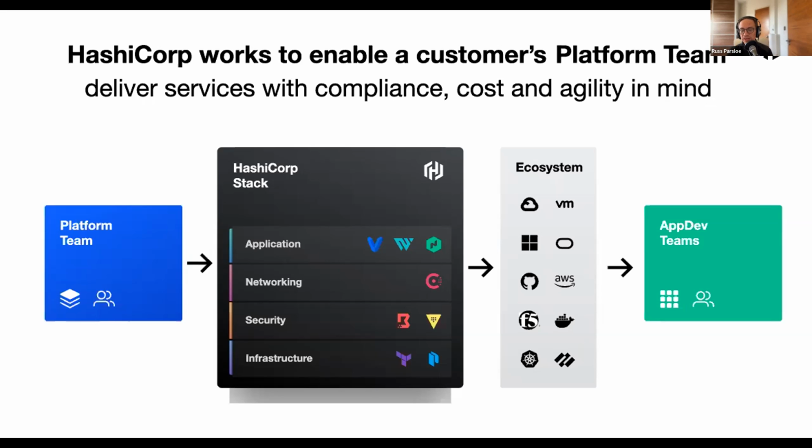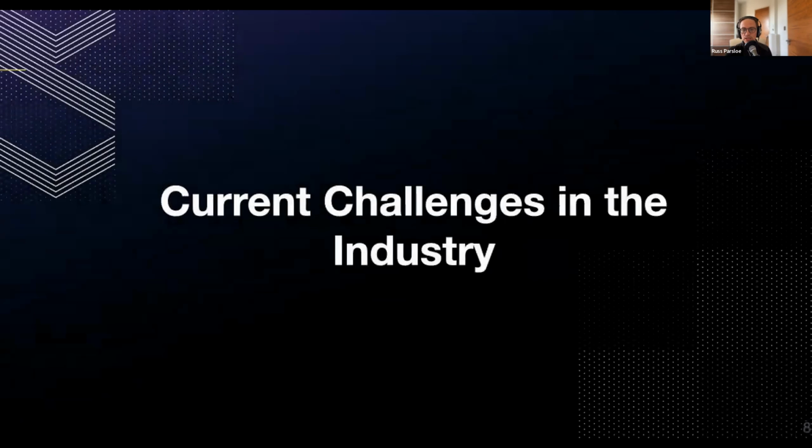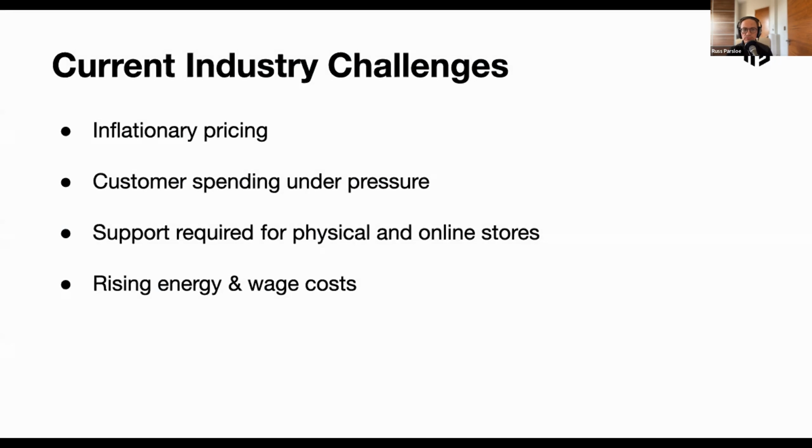Hopefully people will have certainly heard about some of their tools, and hopefully many of you have now heard about HashiCorp specifically. So I'm going to move on a little bit now and talk about the retail sector specifically, and some of the challenges that I'm hearing from our customers who are working in the retail sector. Some of these things are going to be applicable to every sector, but these are some of the things that they are actually focused on.